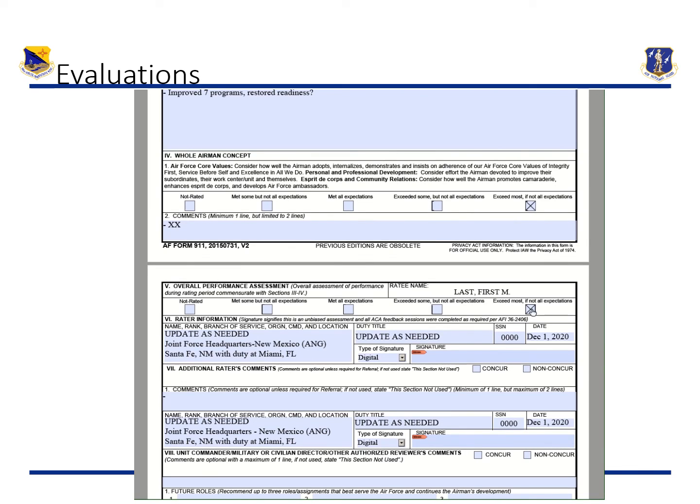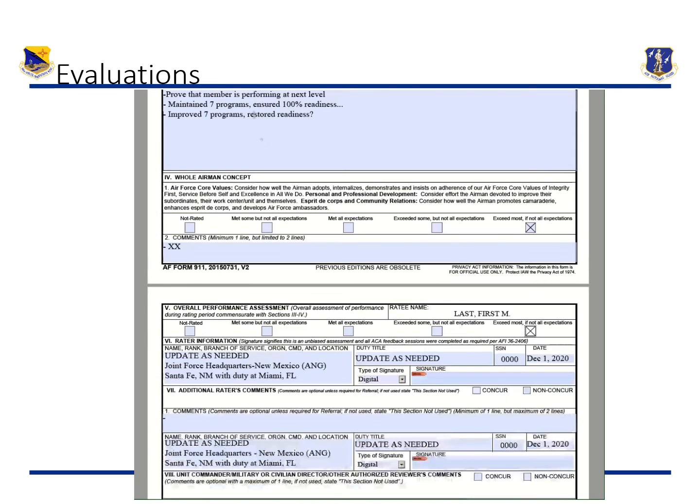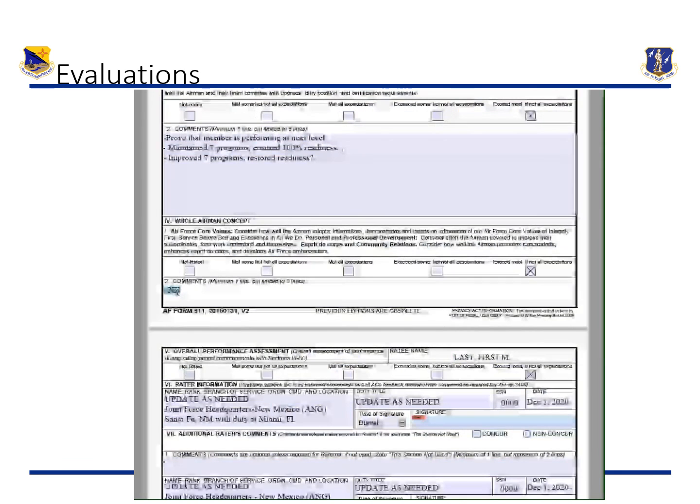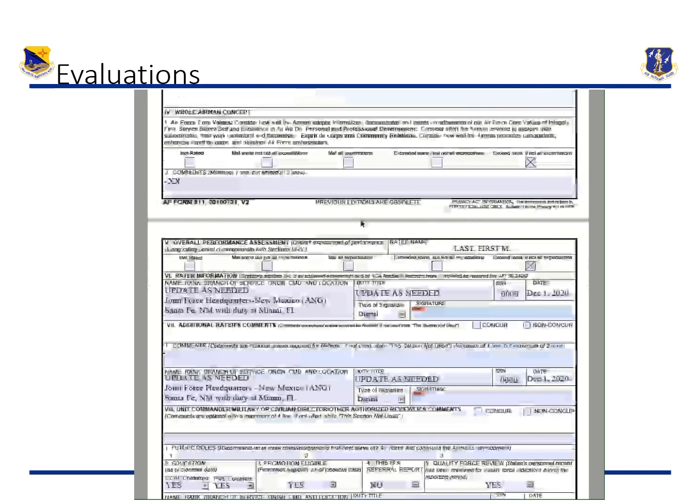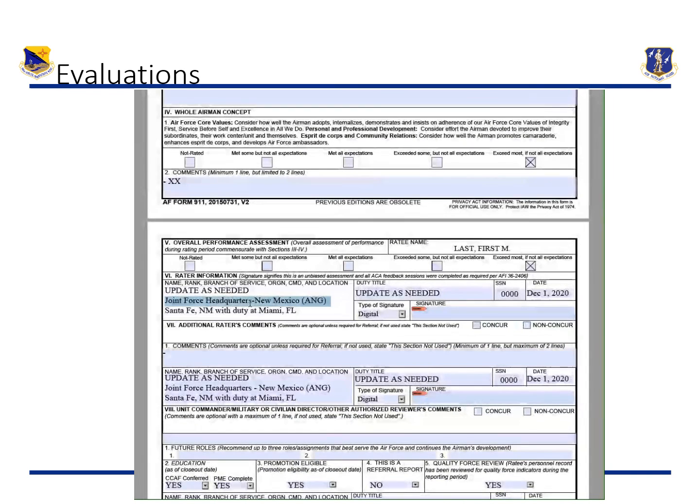However, this assessment, whether it's here or here, needs to be substantiated by what's in here and what's in here. If you cannot substantiate your assessment here, we need to go back and edit, as we discussed before. This will be the section to put the supervisor's name.